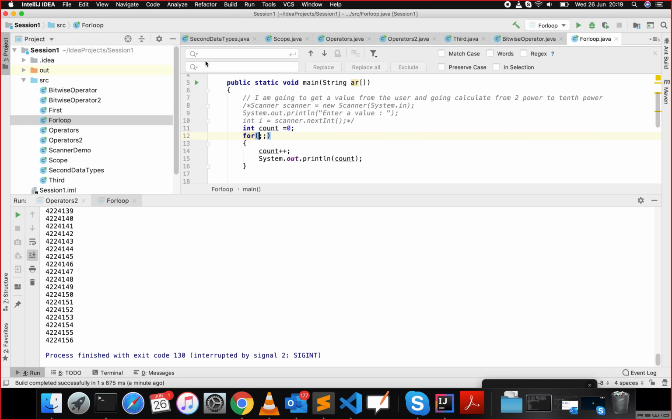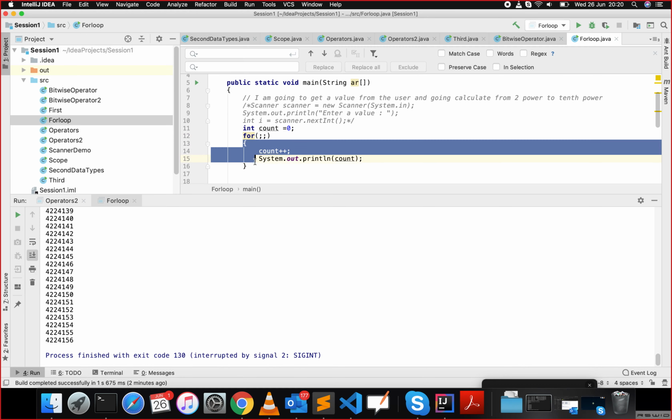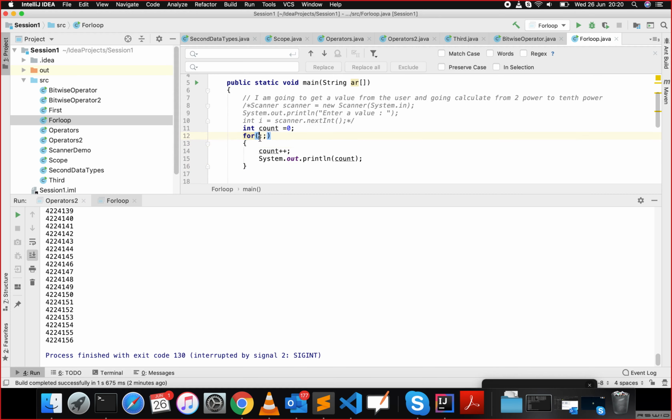Okay, another thing I just want to point out. You remember in the previous class I was talking about the scope. When I was telling you about the scope, what I told was, when you declare any variable, the scope of that variable is only inside the block where it has been declared. When I say a block of code, what I usually mean is the opening of the flower bracket and the closing of the flower bracket. Say for example, if I do int count,